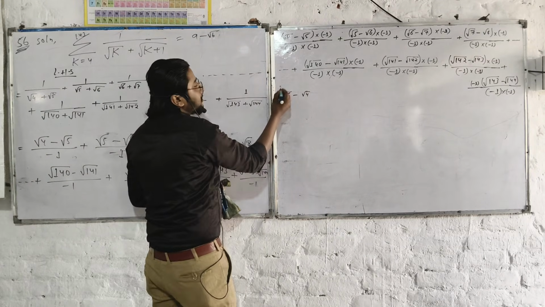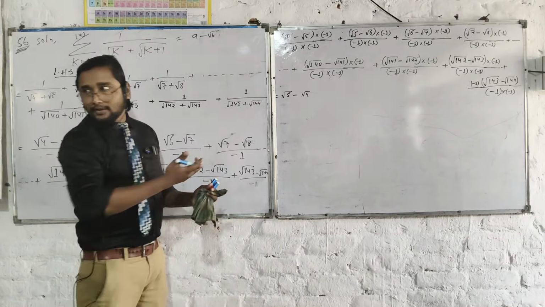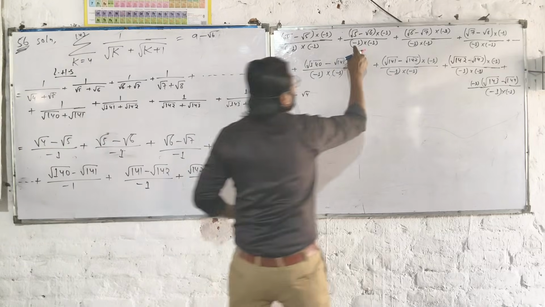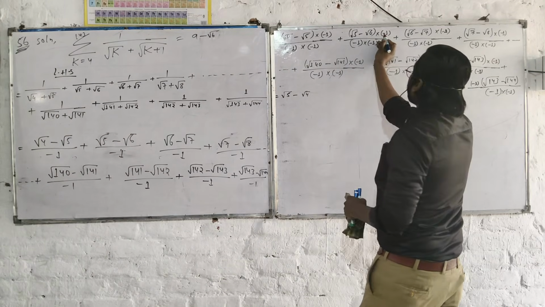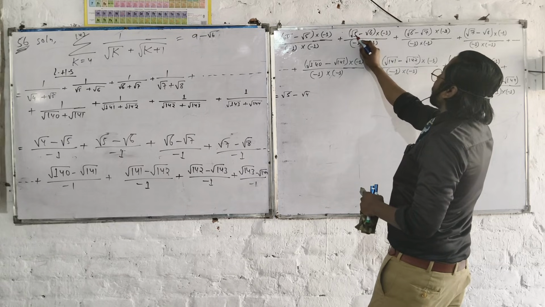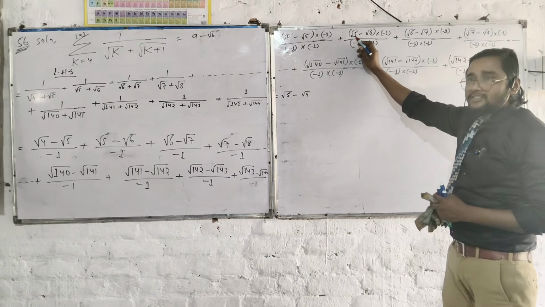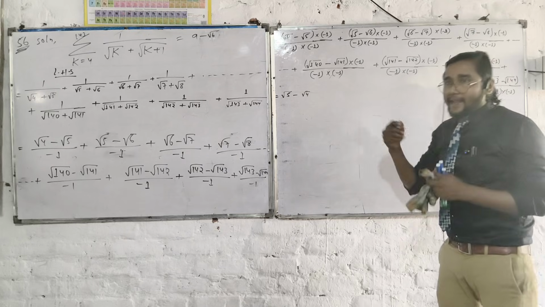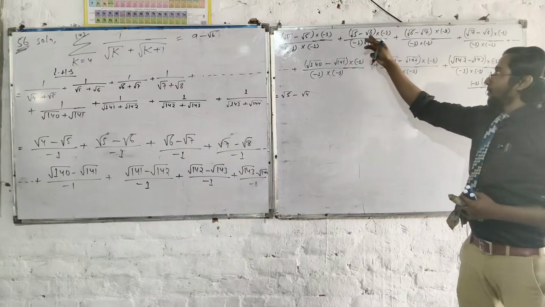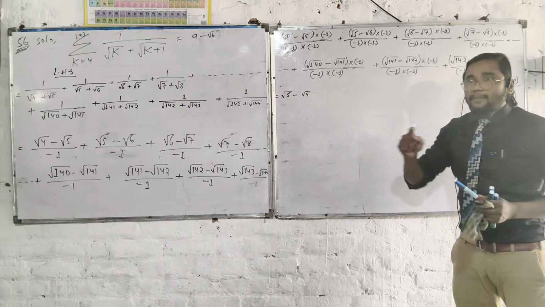Minus into minus, it will be plus. No need to write the plus 1 here in the denominator. Okay. Again, root under minus 1 multiply positive root of 5, it will be negative root 5. Minus 1 multiply positive root 6, it will be